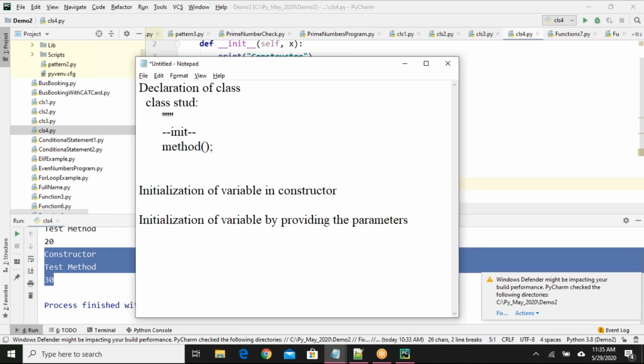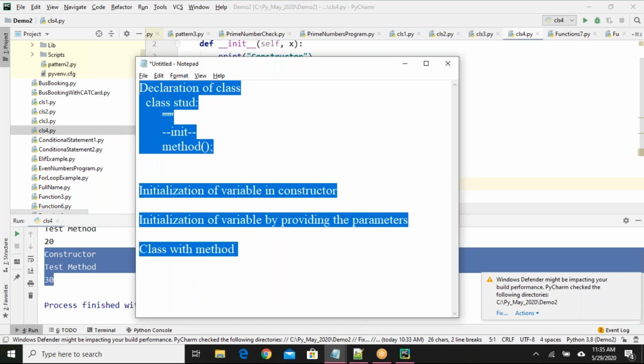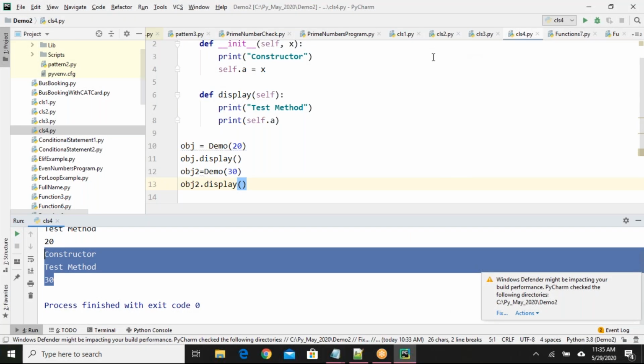Okay. Then we have seen class with method. We have seen an example for class with method. Up to this part, are you clear or do you have any questions? Okay. If you are having any confusion still, let me recap first.